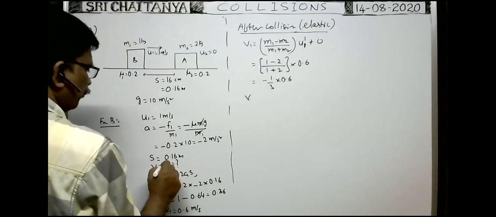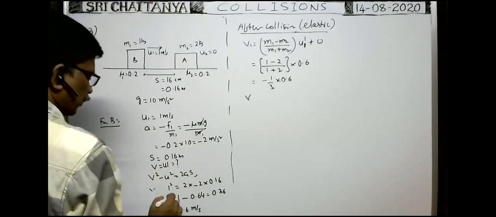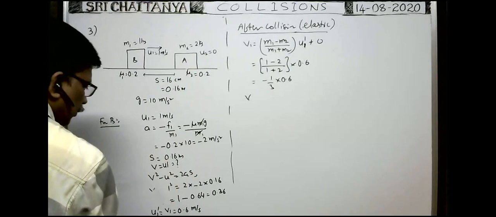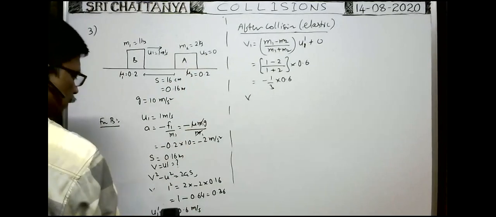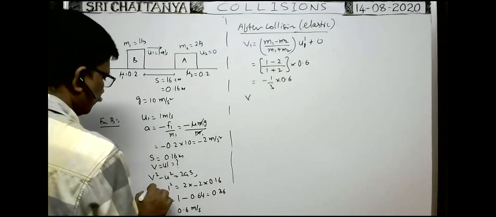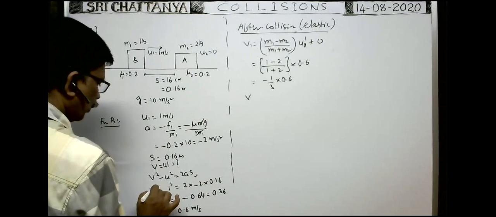So here v is equal to u1 dash. That means the velocity with which it makes collision with this one. So u1 dash is equal to v1; just don't use this symbol, later we can use it. So u1 dash is equal to what we got. V square means u1 dash square.